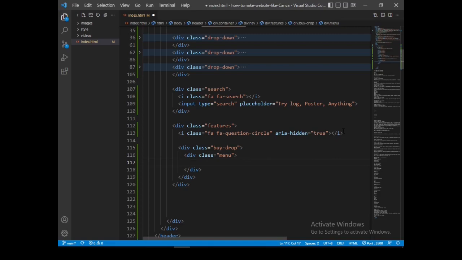And let's add a button. The button, I need a class name for the button. I'll call it btn first. Then we go create login.